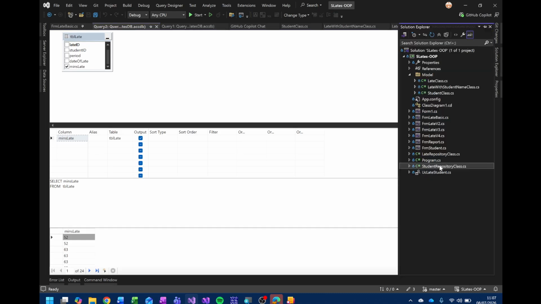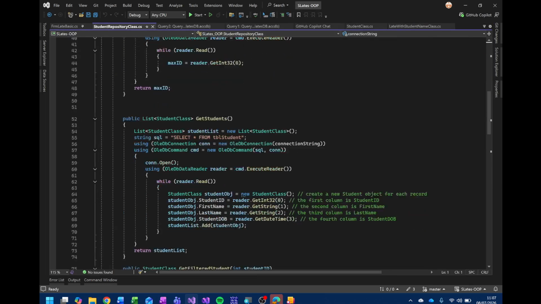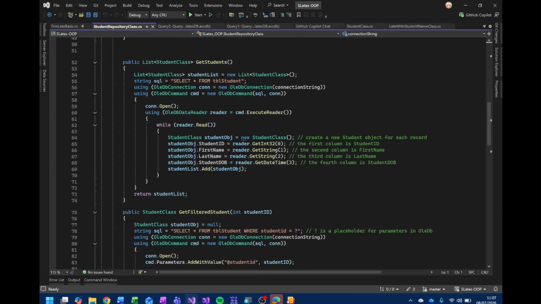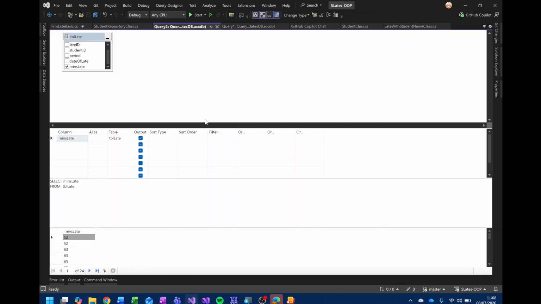So I could use some code, like I've got in the student repository here. There we go, I've got like get students, so I could just do select from, and that loop there, using a reader, I could just read the value for the late, add it to a total, and then after the loop, divide it by how many there were. I need a counter as well. Okay, so I could do that, but an easier way would be to just get the SQL to work out